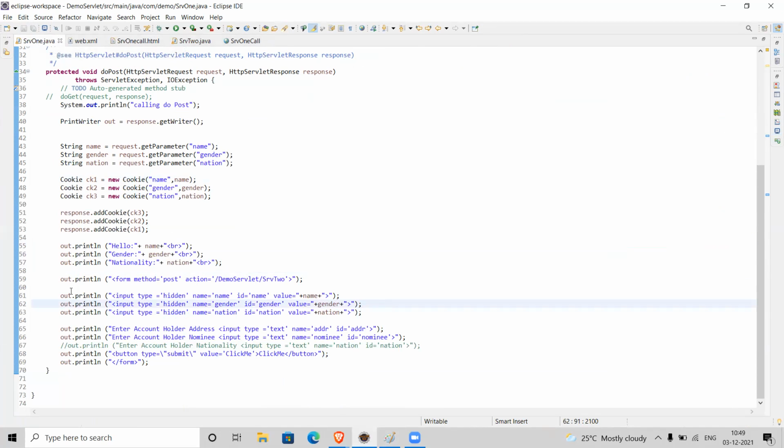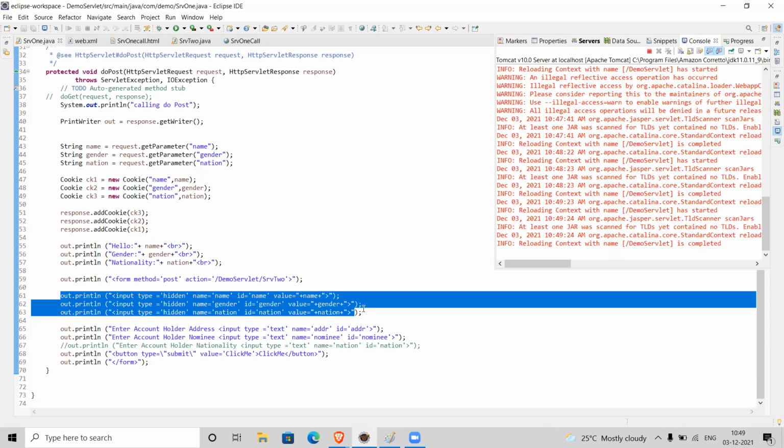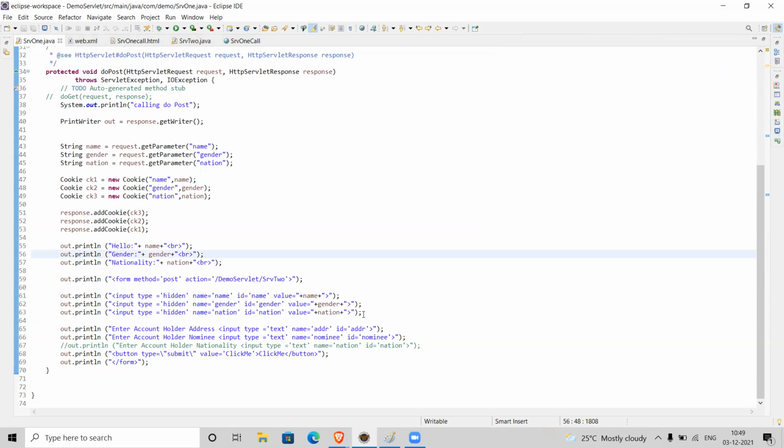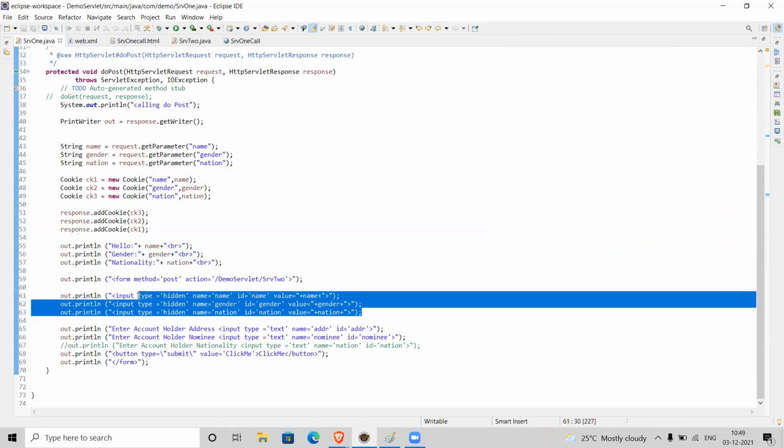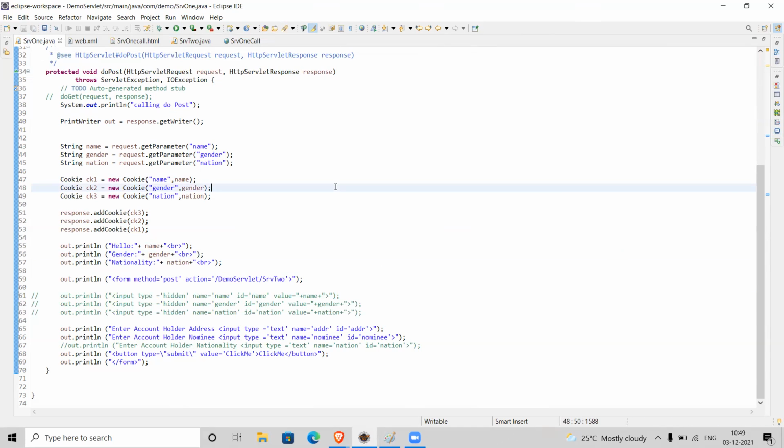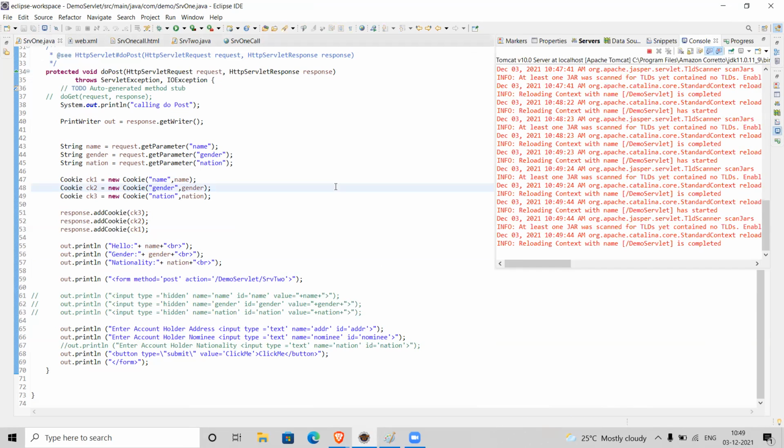And earlier we created a couple of hidden fields, right? Now I am deleting these hidden fields. Since it is a small program, we are able to backtrack, like in which form we can see the code and the values. Suppose it is a very big application, how do we backtrack there?